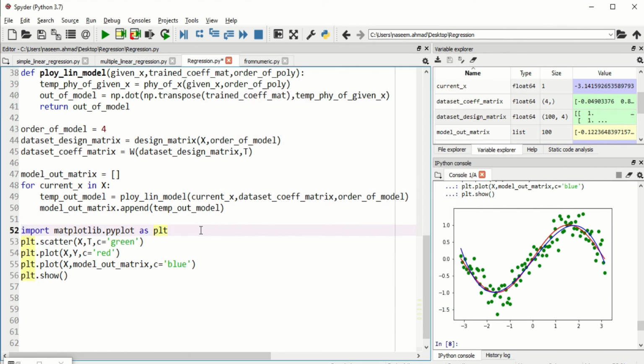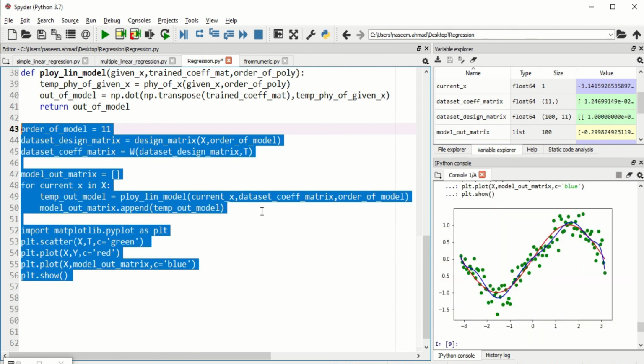One question comes to our mind: what would be the perfect value of this model order? This value is actually some sort of art, and we need to decide it by performing some tests, using different values of the order of the polynomial, and decide on a specific value where our model works well without any overfitting. What I mean by overfitting: if I increase this directly to 11, let's see how the model performs.